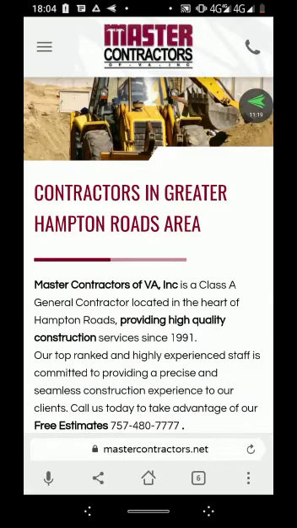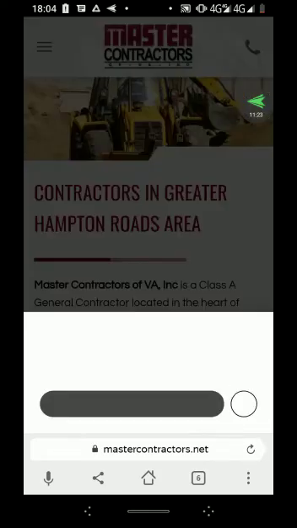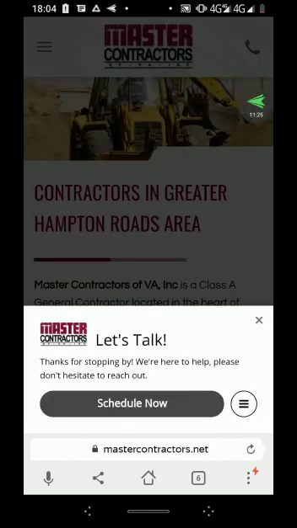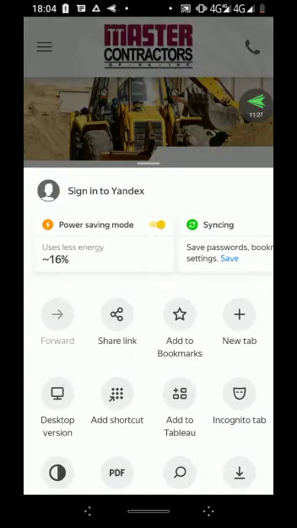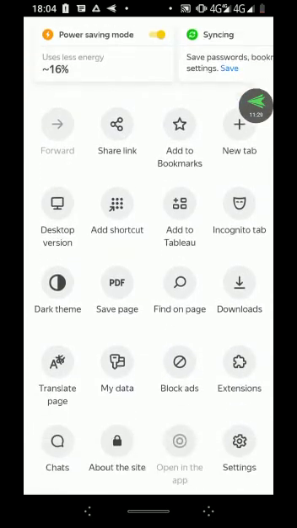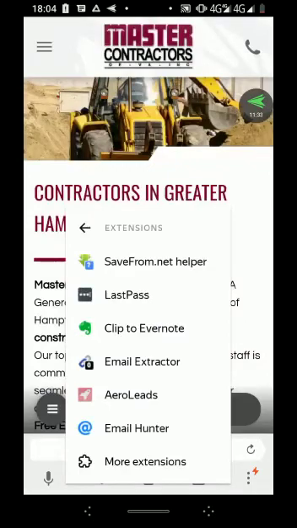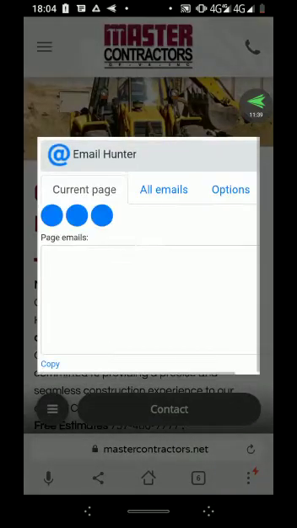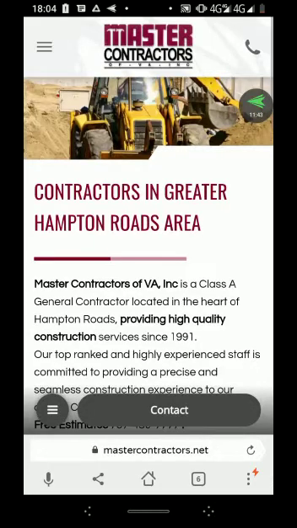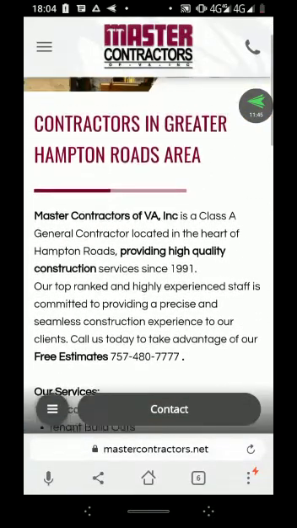Click on this more option, this three icon at the bottom right corner. It's more option, so you click on it, you scroll down, so right here you see extensions. Clicking on extension, you click on email hunter. So on this page there's no email address, so what do we do? We go further